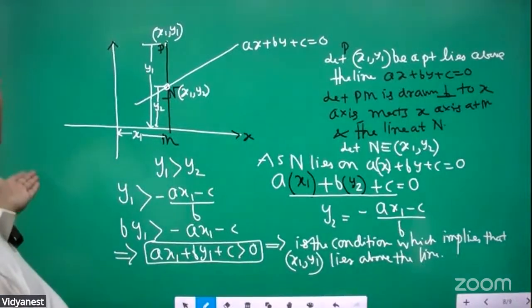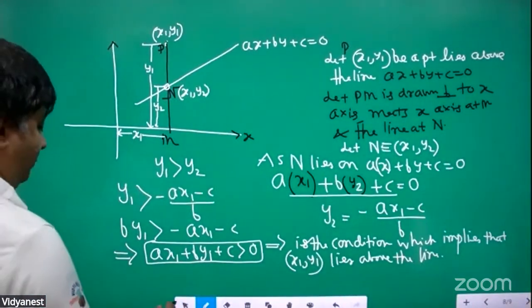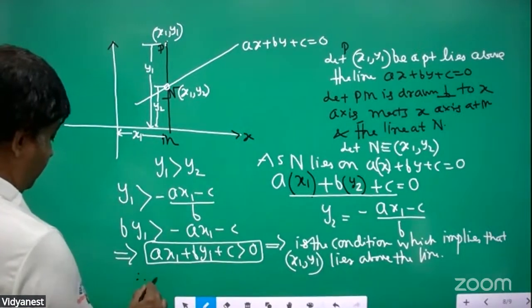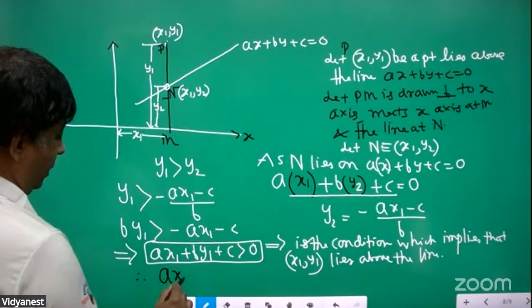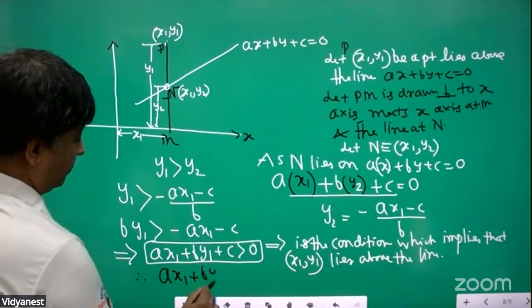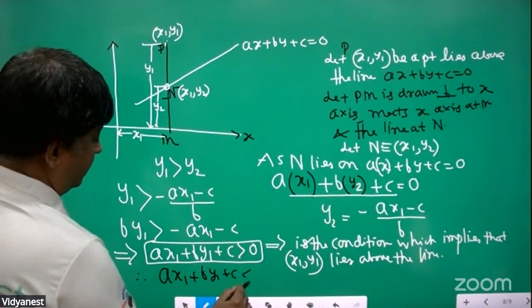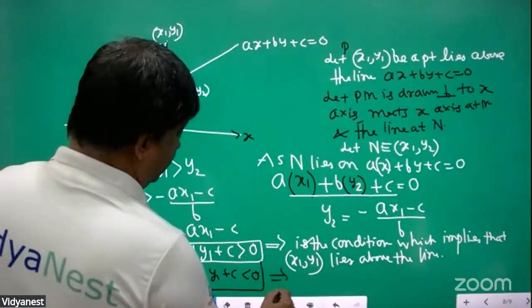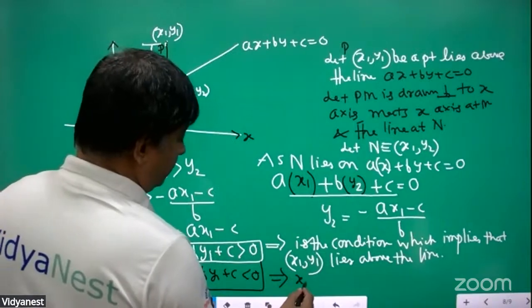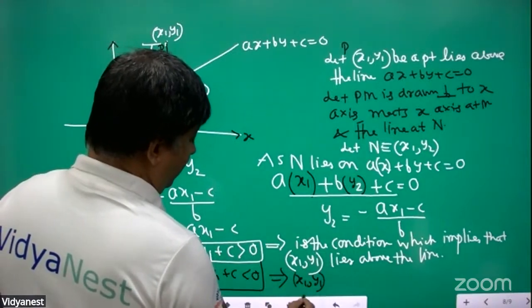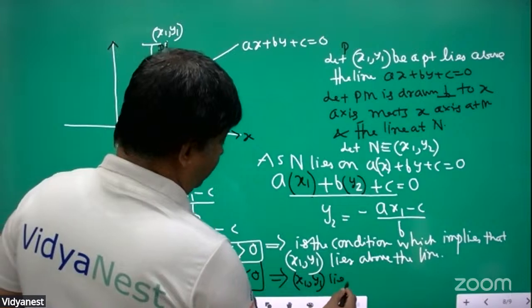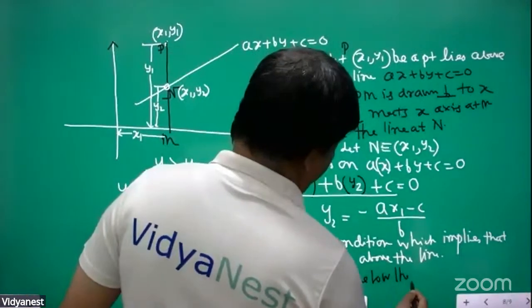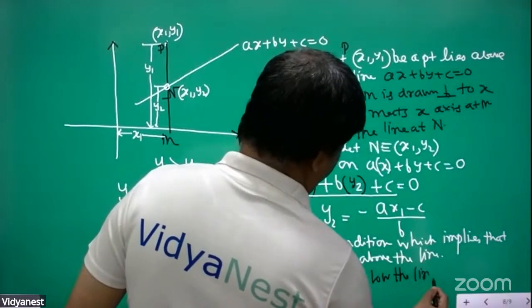So by our own comprehension we can say, had it been less than 0, that means (x1, y1) lies below the line,